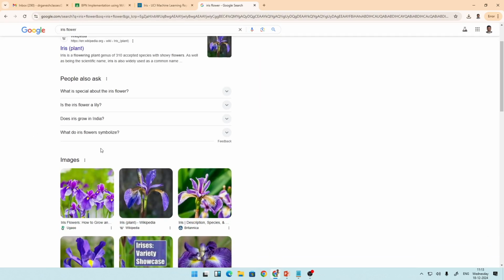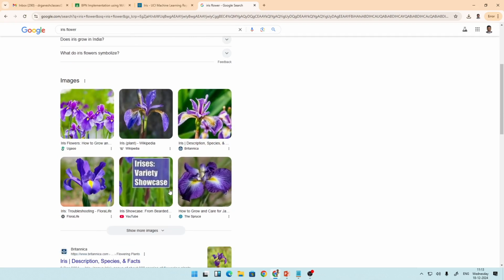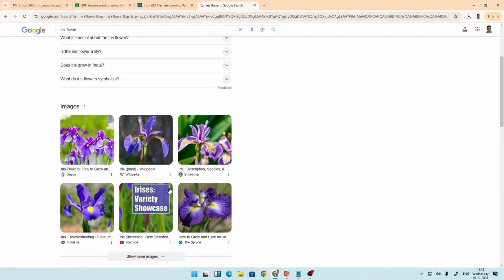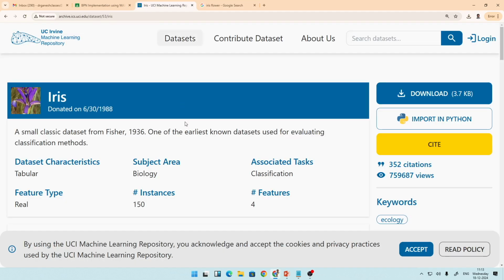So, if you could see in the image, there are 3 kinds of flower. So, there are 3 varieties of flower. What are those varieties? The varieties are iris setosa, iris virginica and iris versicolor. So, there are 3 categories of flower. Our objective is to develop a back propagation neural network model that accepts the data and classifies the flower